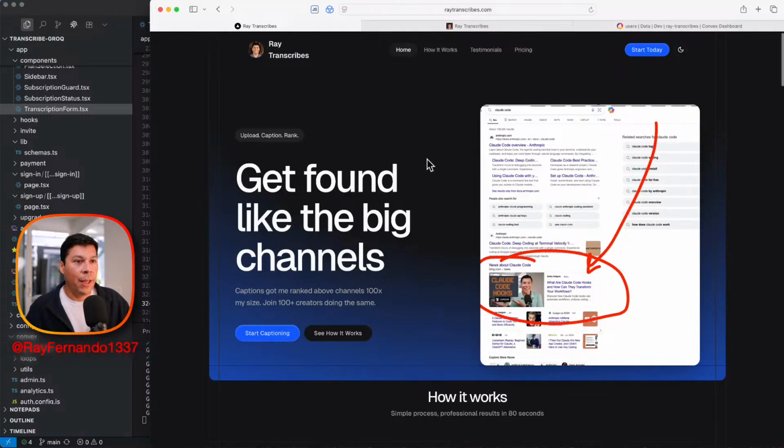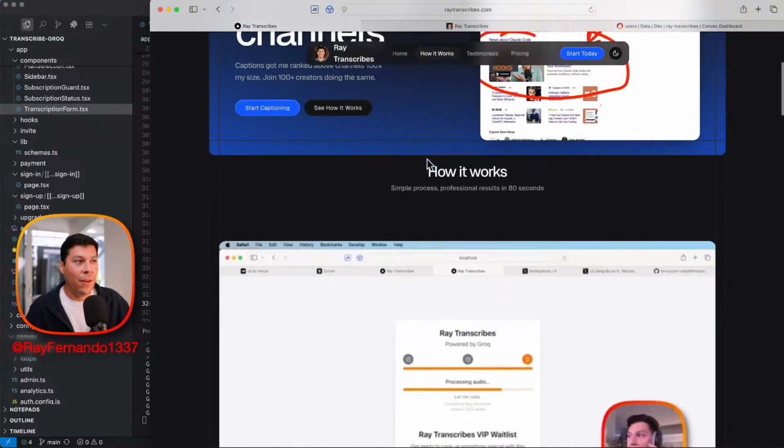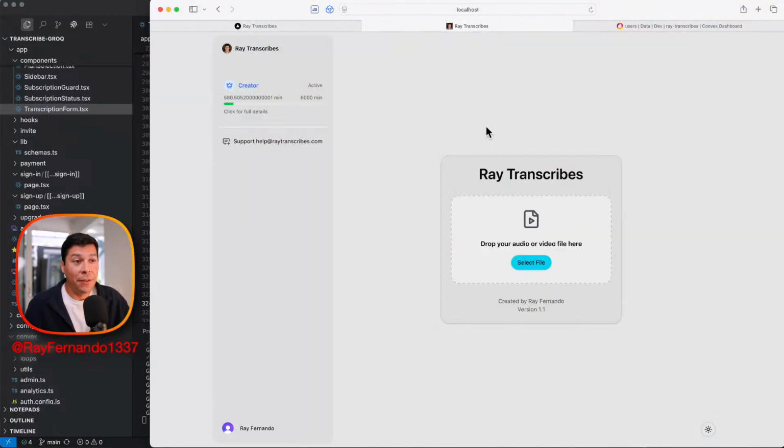And so I launched my app called Ray Transcribes, and I've had my first users use it, and I need to fix a lot of bugs. And I think it's okay to ship some software and get it out there as fast as possible so you can get that feedback from your users, because it's super important to get that feedback and make sure you fix the bugs. So one of the great things is just like putting your software out there, and you're basically just